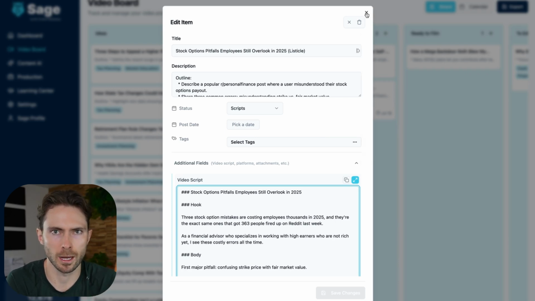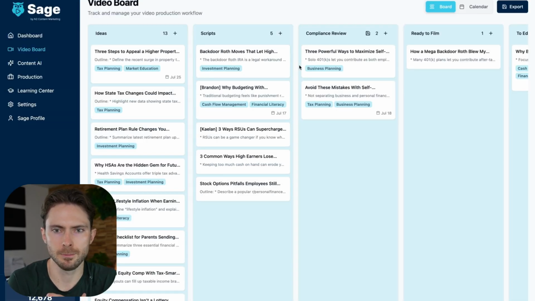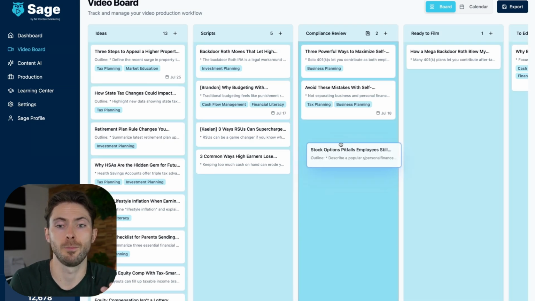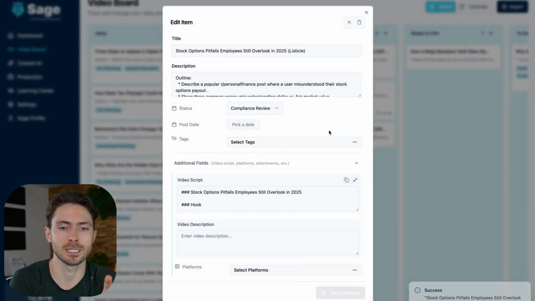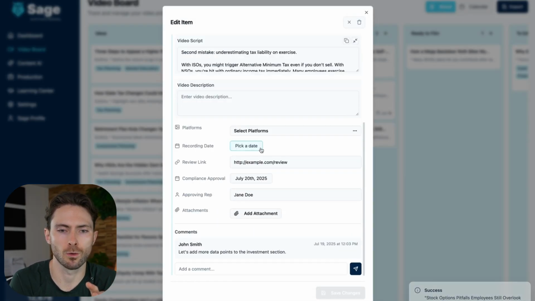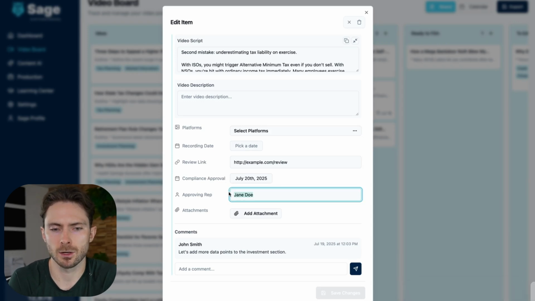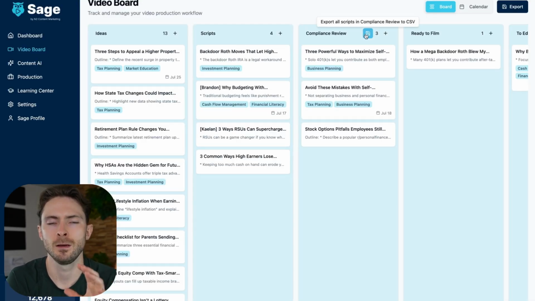But before we start recording, we have one more step we need to get done. Once you personally approve this script, then it's going to need to be approved by compliance. If you wear the CCO hat, then you can just scroll right down here and you can enter in who approved it and when it was approved directly in the app. If you need to send this out to a compliance professional or to your compliance team, you can go ahead